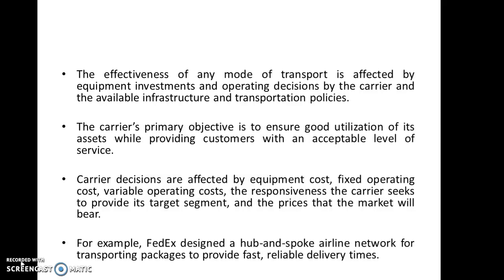But in hub and spoke model, if any point wants to move the product to another place, first it has to go to the nearest hub. From the hub, it will go to the other point. As the diagram looks, the central place is a hub and other places are like spokes in a cycle wheel. So that is why this model is called a hub and spoke model. So I think you are able to understand the point to point transit method and also the hub and spoke model in logistics system.